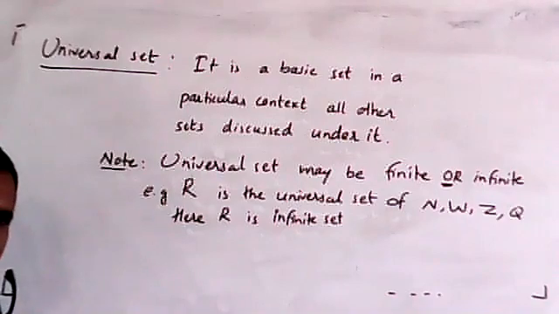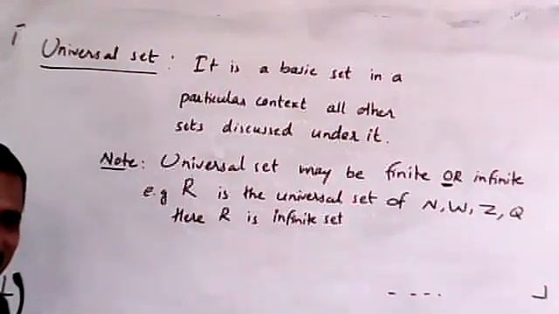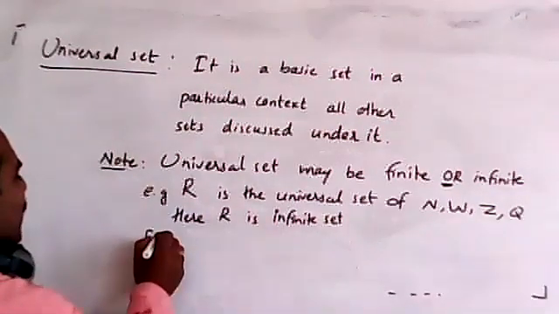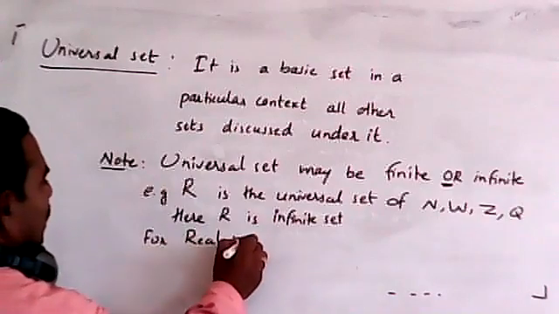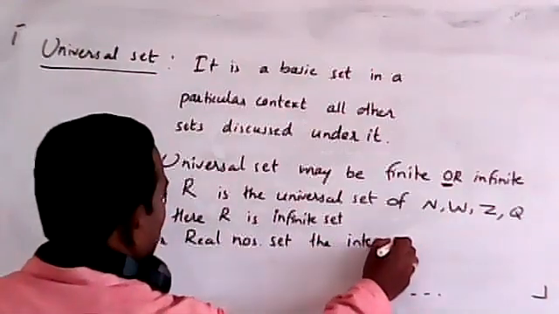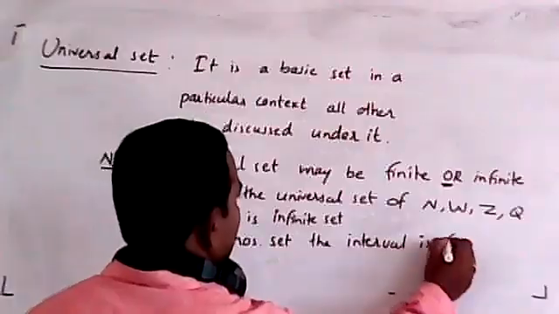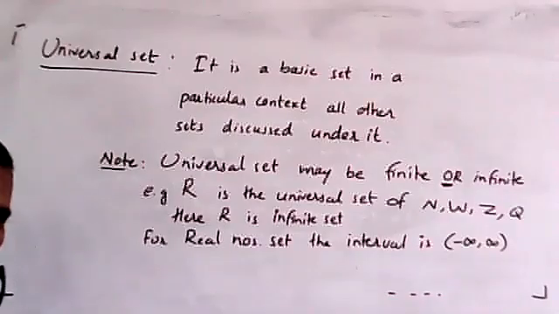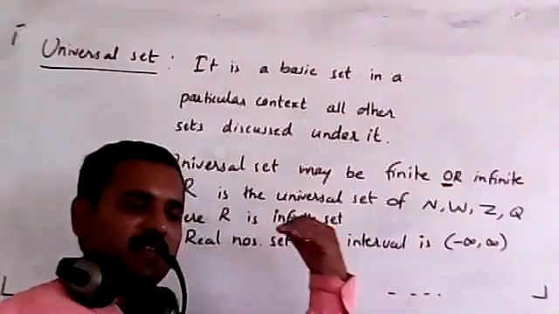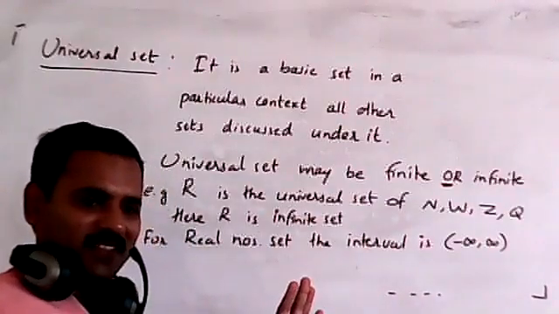Which interval should we use for the elements of the real number set? The interval is minus infinity to plus infinity, and I am using open brackets. What is the meaning of this? Because infinity means it is never ending. We don't know which value that is, so we are not including it. Between minus infinity and plus infinity, how many numbers will come? All will count. Good question.